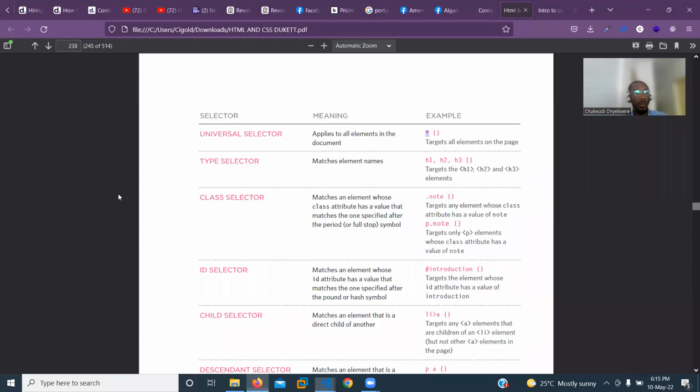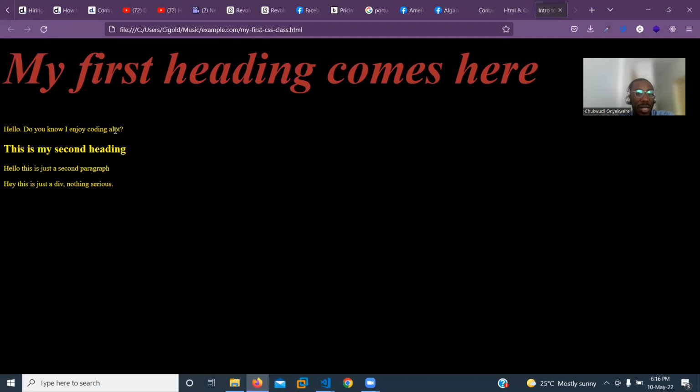So watch what's going to happen now. Watch everything, including the body, including the paragraph, the heading, everything now has a black background and a yellow